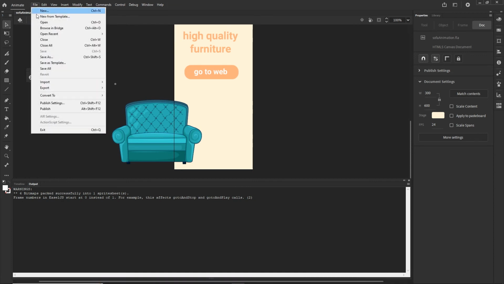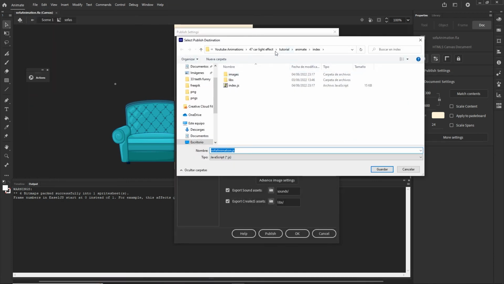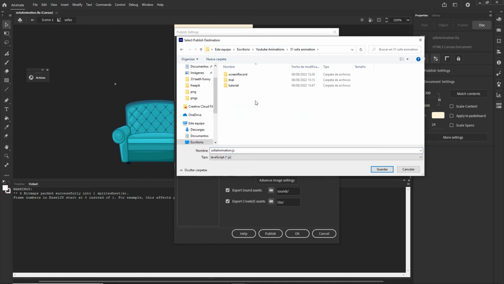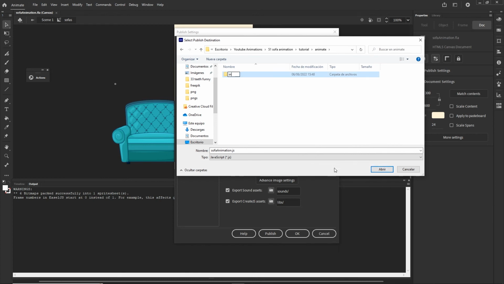So I will go to the file, I will go to the publish settings, I will click on this folder, and I'm going to choose the place where I want to save this. So I will go to the sofa animation, I will go to the tutorial, and I will go to this animate. So here is where I have my animate file, and in here I'm going to create a new folder which I'm going to call index,